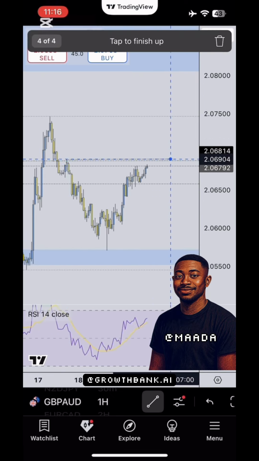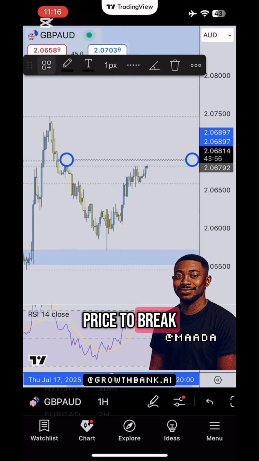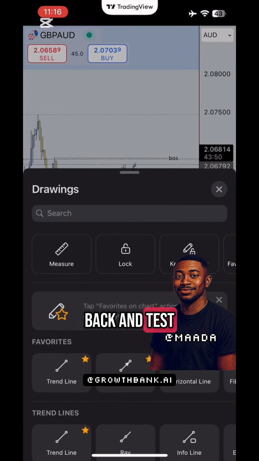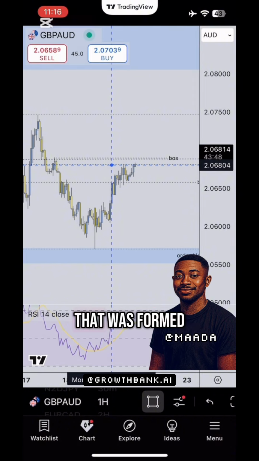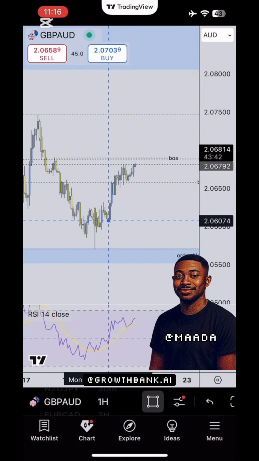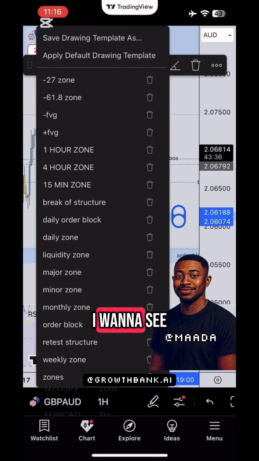Okay. So what we're going to expect is we're going to expect price to break that mini lower high and then come back and test into the order block that was formed right before that movement. Yep. So what I want to see is I want to see price come down